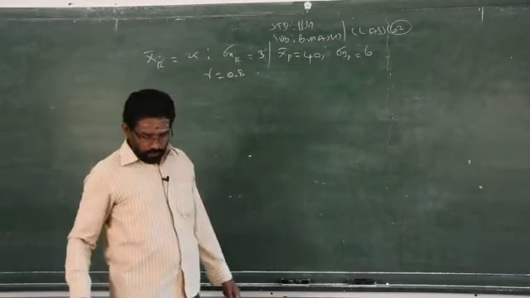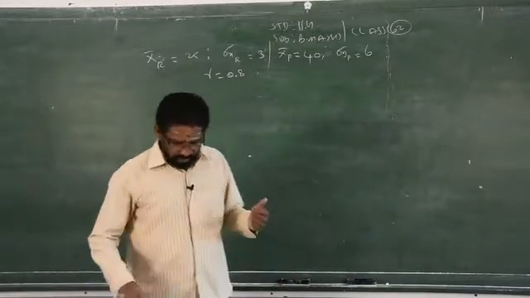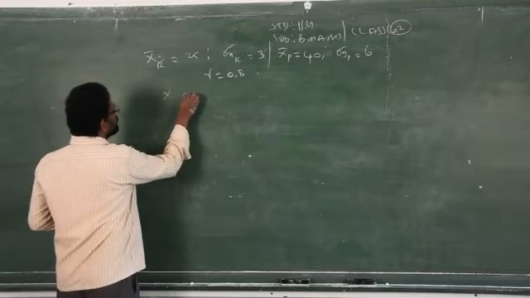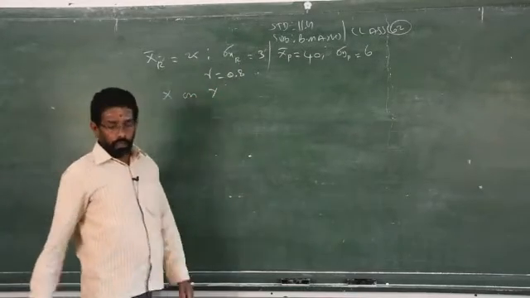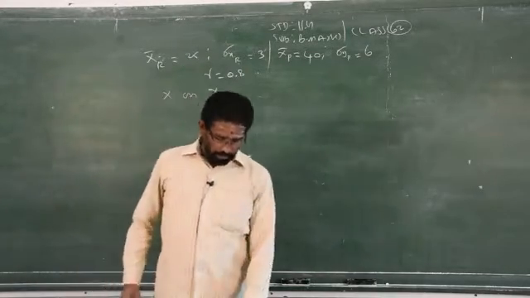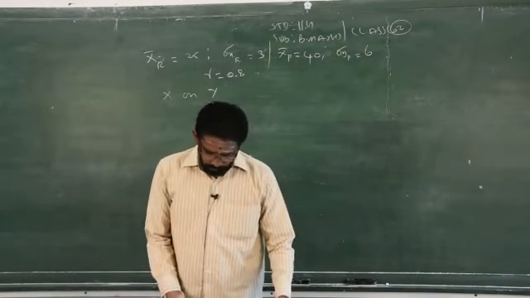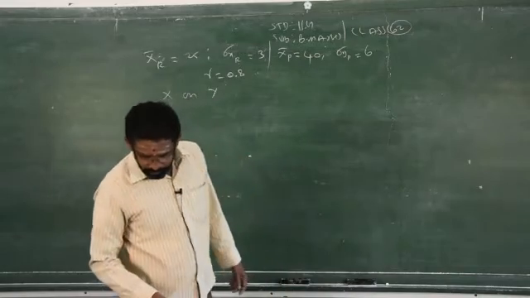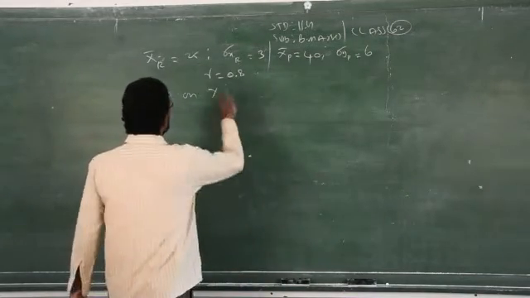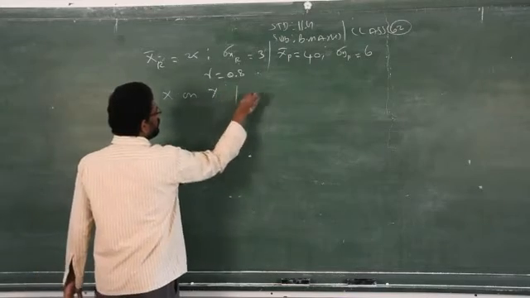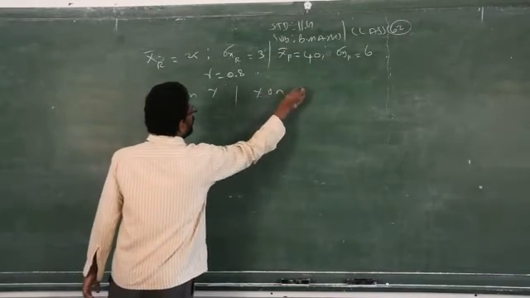Now, you are asked to find out the rainfall, that is x you have to find out. If you want to find x, you have to find x on y, no need to find y on x. Clear? That is very, very important. You have to find out the yield when the rainfall is given. So, if you want to find rainfall, use x on y; if you want to find out the production, you have to find y on x.